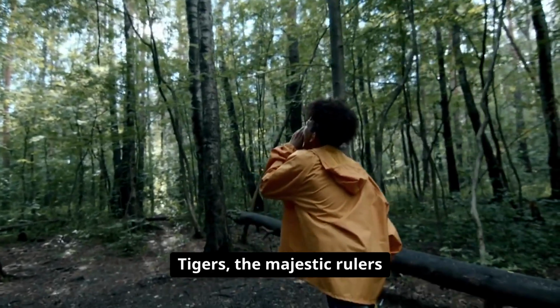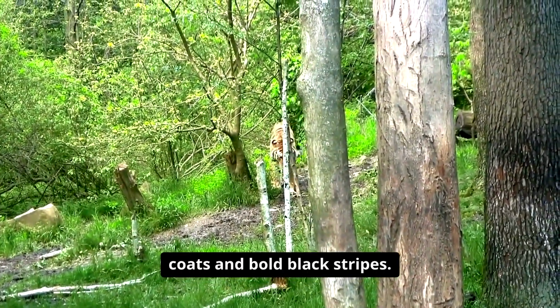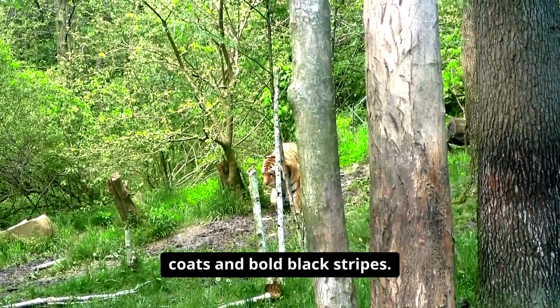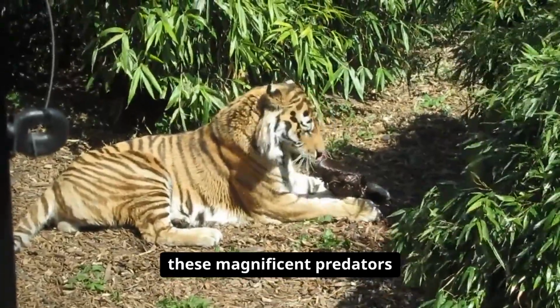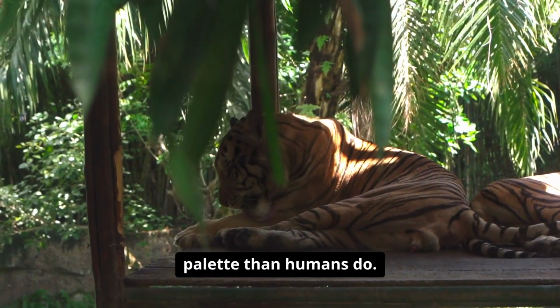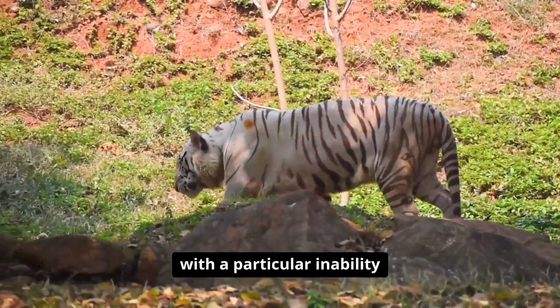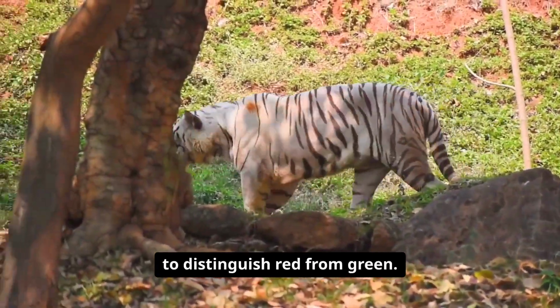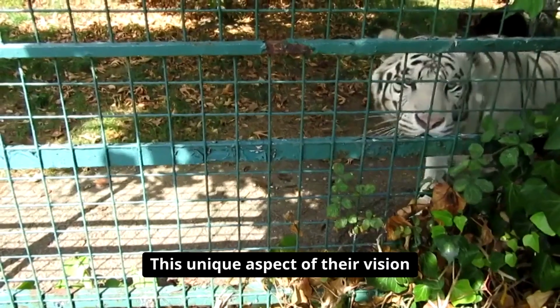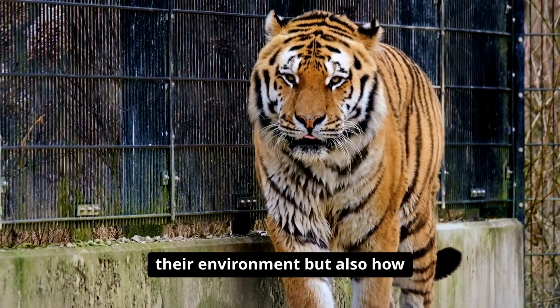Tigers, the majestic rulers of the jungle, are renowned for their striking orange coats and bold black stripes. Yet, few people realize that these magnificent predators experience the world in a very different palette than humans do. Tigers are partially colorblind, with a particular inability to distinguish red from green. This unique aspect of their vision shapes not only how they see their environment, but also how they hunt and